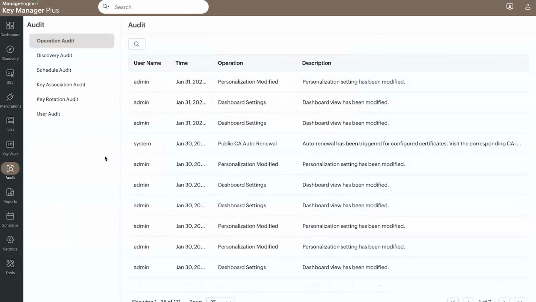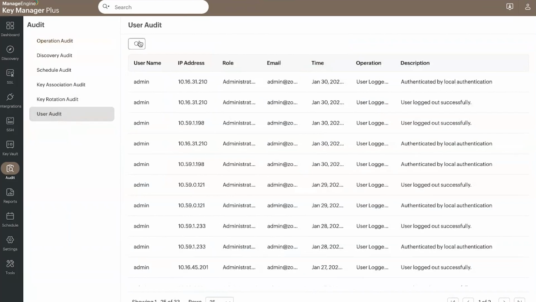The previous audit tab had all of the audits listed under operations audit here in a single pane, right? Again, change in design philosophy. But what we've done with the audit tab is we've brought in different types of audit here to the audit tab, and we've also segregated them based on the type of audit. So if you are looking for a user audit, you can simply go here and you can search either by